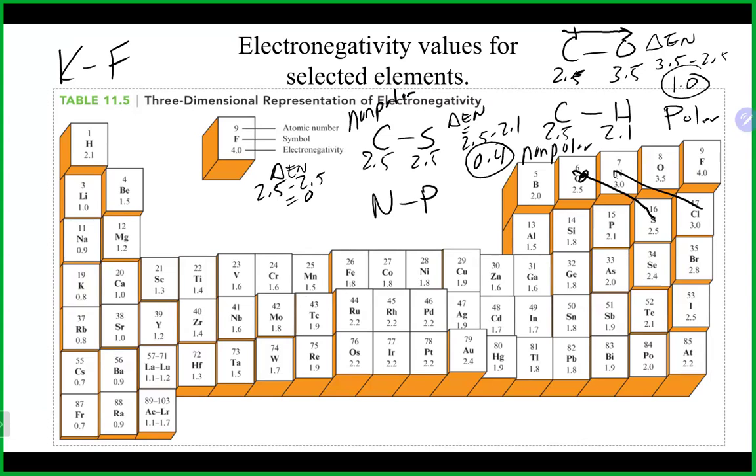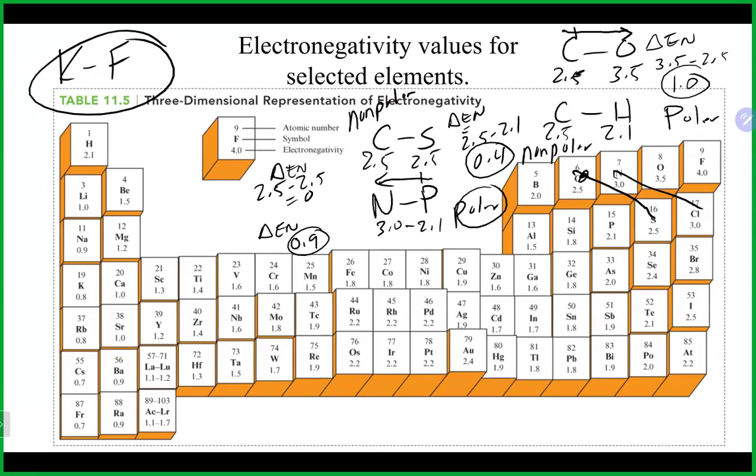Just to finish these last two here for today, we got nitrogen, which is 3, and we got phosphorus, which is 2.1. The difference in electronegativity in this case would be 0.9. 0.9 is above 0.4, and that would make this a polar bond, where the electrons head towards the nitrogen, and we would draw the arrow going in that direction. For potassium and fluorine, we don't really even need the electronegativity because I know it's a metal and a non-metal. That is going to be ionic, yeah? Any questions on that there? All right, couple things